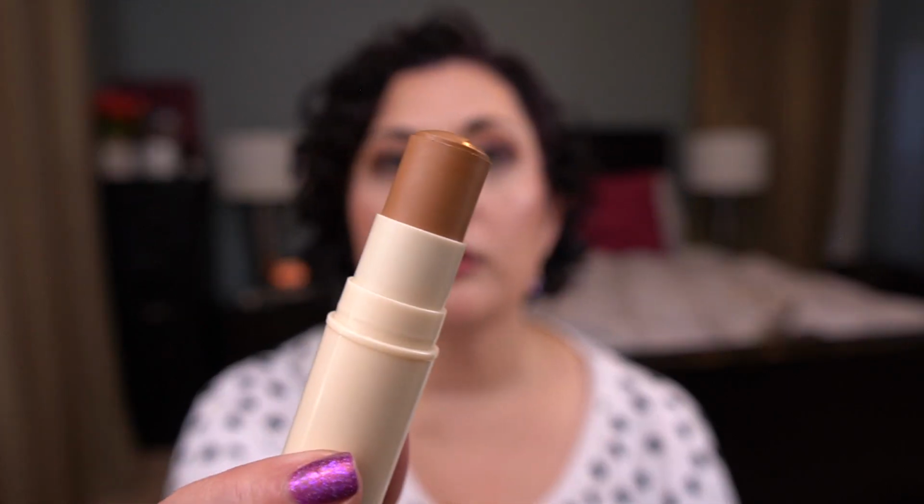Let's see how much is in here. This probably would take me forever to use up. Oh, there's a lot more than I thought there would be. I don't have a lot of things from Persona. I think I only have a palette and that's it. So pick this up. Okay, and I think this may be it unless I have things that I'm not showing you